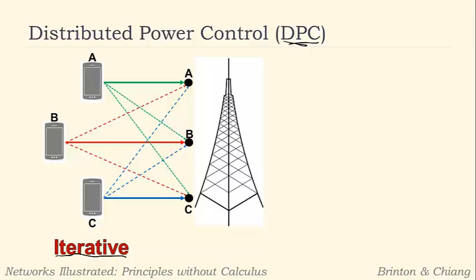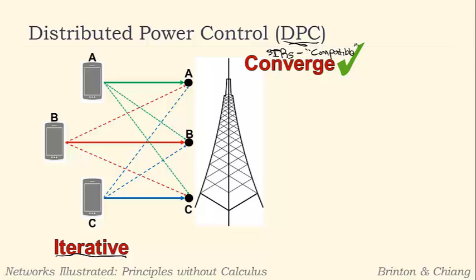Iterative means it's going to take multiple steps, and eventually we hope that the algorithm will converge, which it will converge, as we said, provided that the SIRs are feasible. And again, by feasible, we mean compatible, or that they can all be satisfied simultaneously. So a good word for this would be compatible